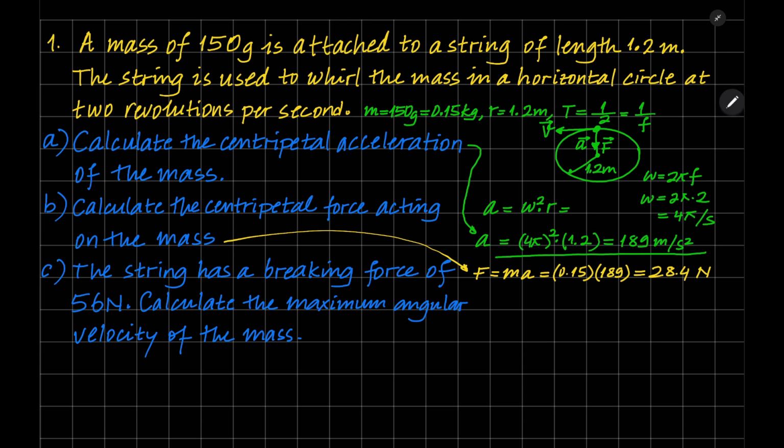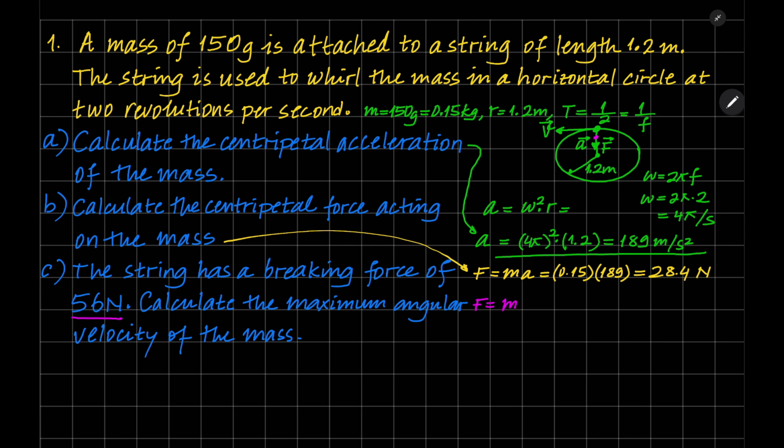Again, let me change the color. Choice C. The string has a breaking force of 56 newtons. Calculate the maximum angular velocity of the mass. This is the string. Calculate the maximum angular velocity of the mass. We know that the centripetal force is equal to also